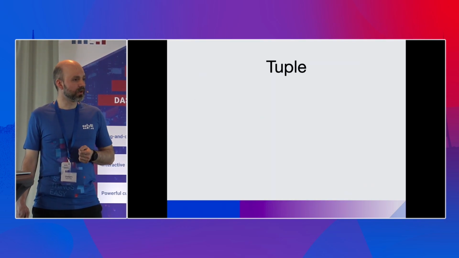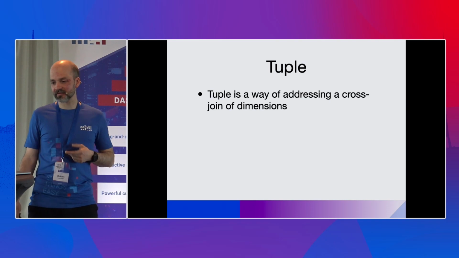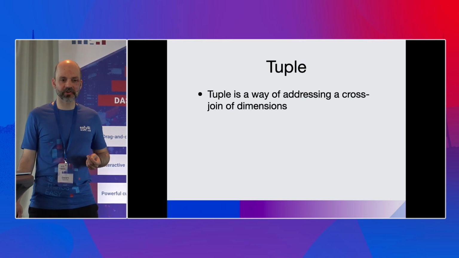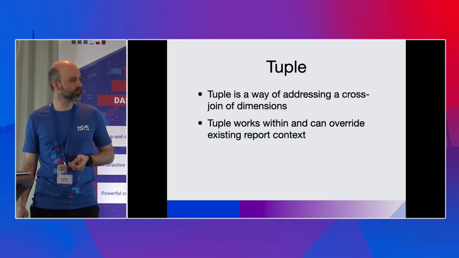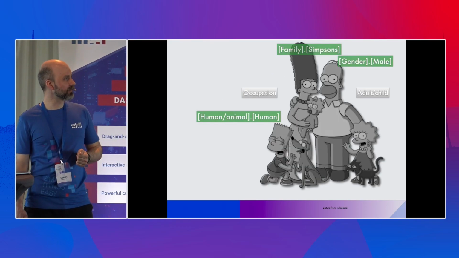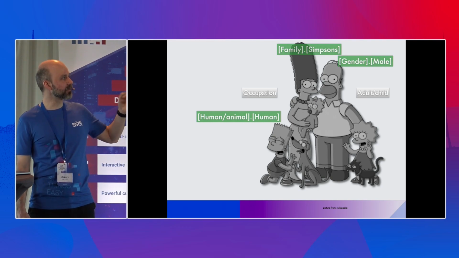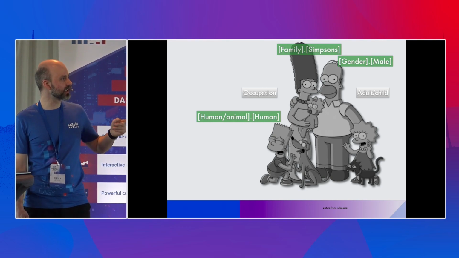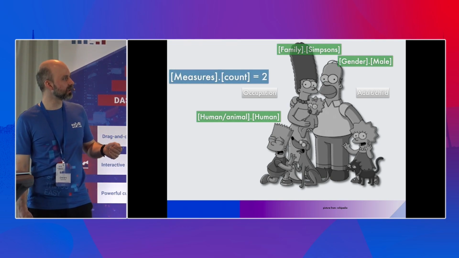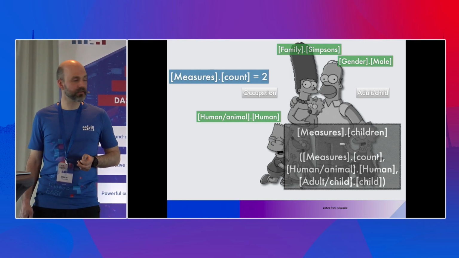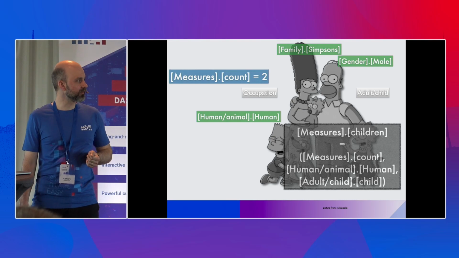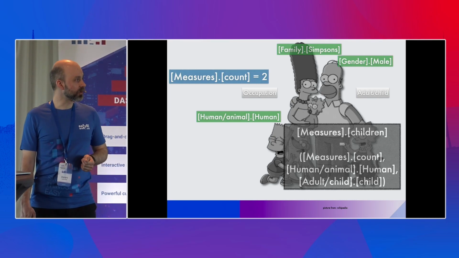So tuples is the next concept, and it's a way of addressing cross-join of dimensions. And tuple works within and can override existing report context. For example, we have this family, we have selected a specific family, we have selected gender, and we have selected humans. And that gives us 2. It's Homer and Bart. Then we can define a tuple and create a new calculated measure, children, which will include